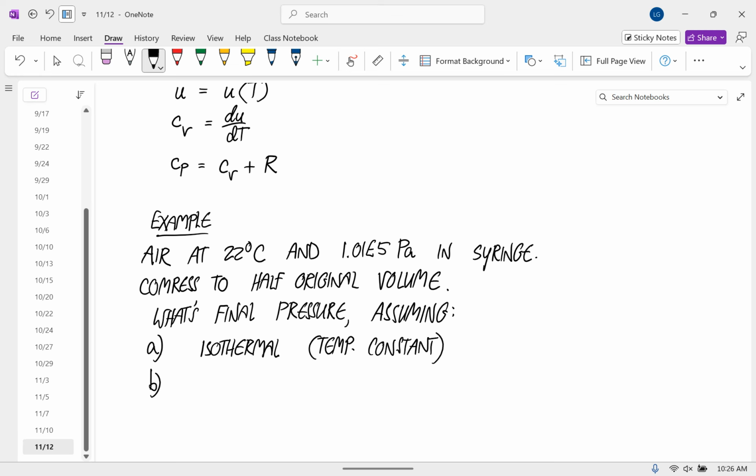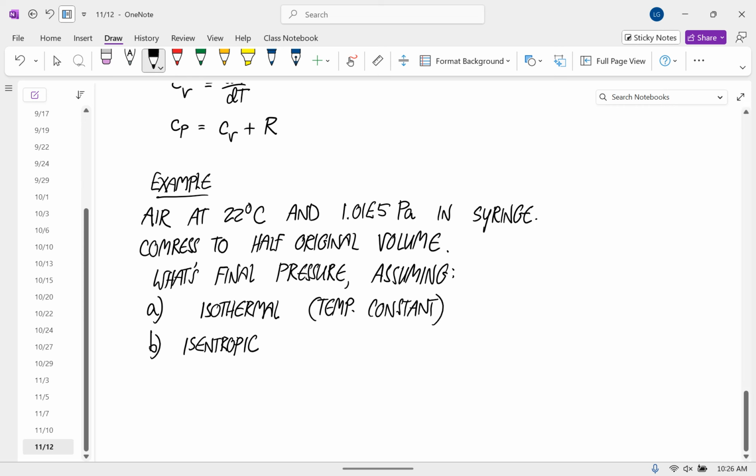And if you do this compression reasonably slowly, there are no internal irreversibilities. So this is internally reversible. And so what's really a better assumption is that it's an isentropic process. By doing the calculations assuming an isentropic process, you actually get values that represent the data you measure a lot better. We didn't do this in the lab because we weren't talking about this kind of stuff, but